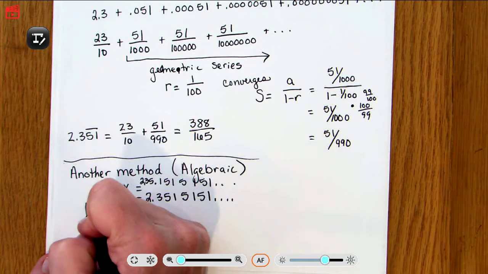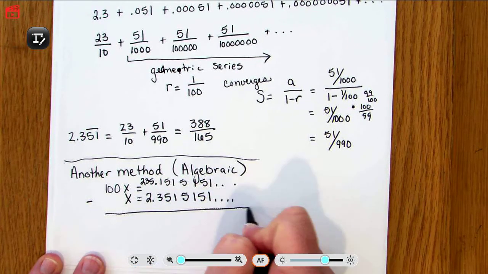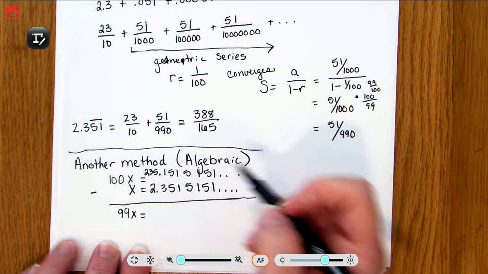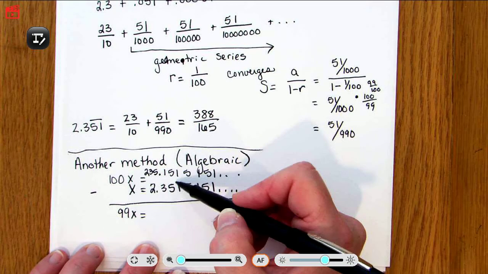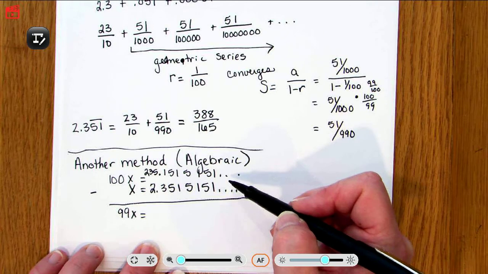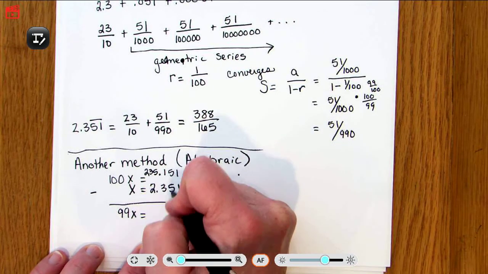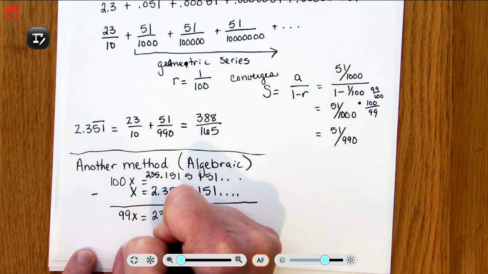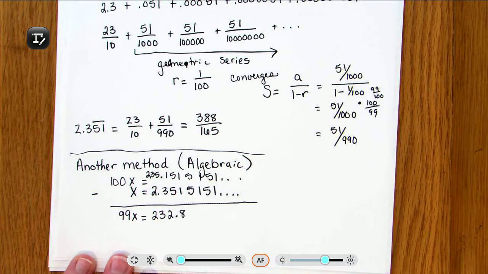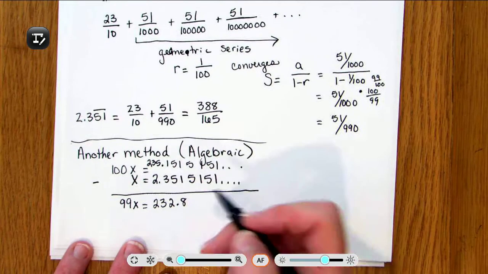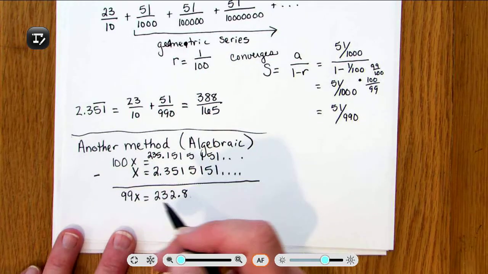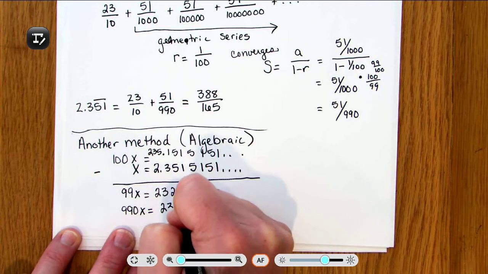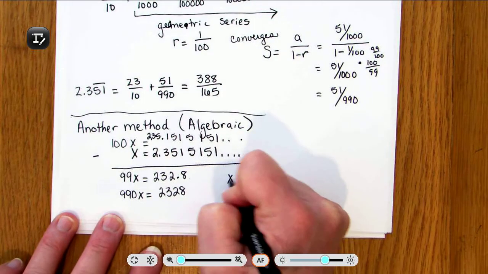Okay, now what I'm going to do is take these 2 equations and subtract them. This will give me 99x. Subtracting here, the nice thing is when I multiplied by that 100, it shifted these 5 and 1s up so that they all matched. And thus I'm just going to have 232.8. If I multiply both sides by 10 to get rid of that decimal, and then divide by the 990,